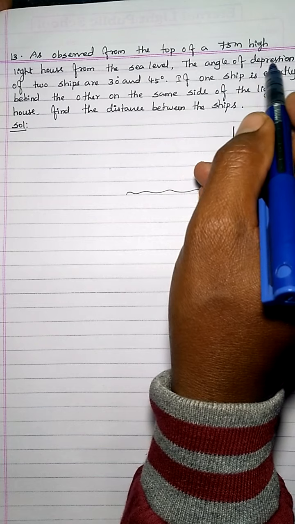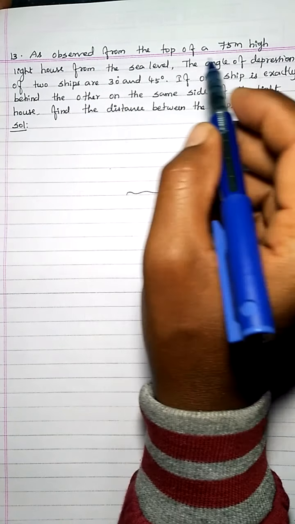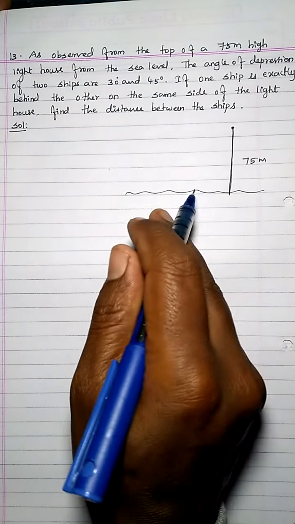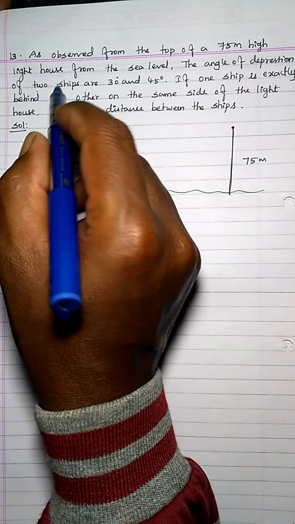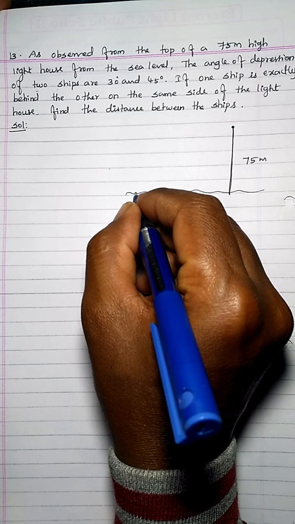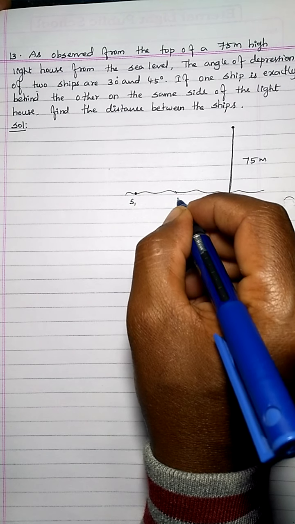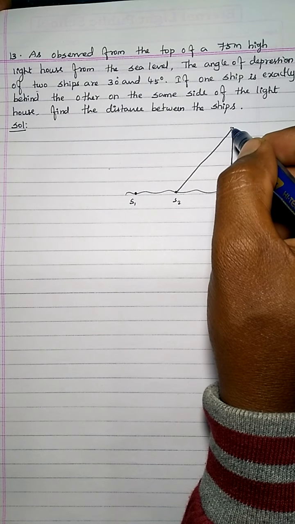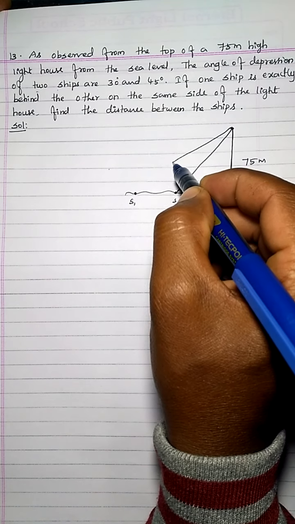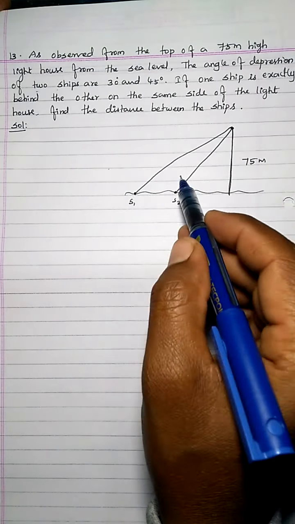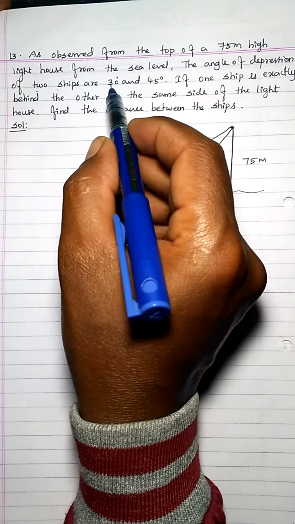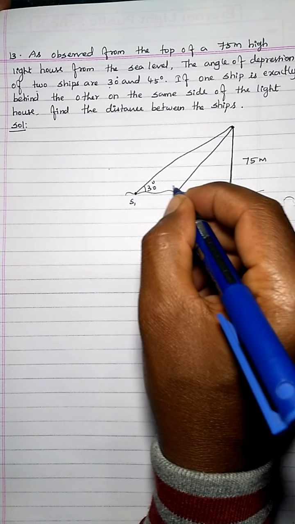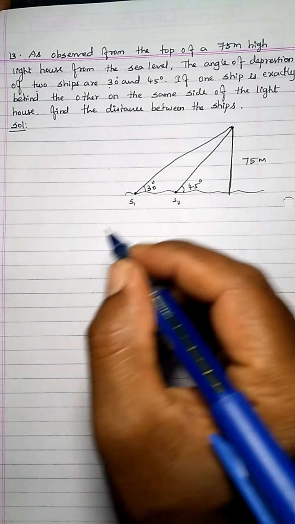Then the angle of depression of two ships. Depression means, you know, from the top of the tower they are looking down. That is why depression. How many ships? Two ships. So let's take ship 1 here as S1 and ship 2 as S2 here. So let's join the line now. Depression, that's why we're taking from top to down. Right? Now you got two triangles. Their angles are given, 30 degree and 45 degree. So this will be 30 degree. When we come closer, it will be 45 degree.